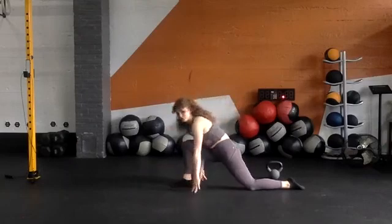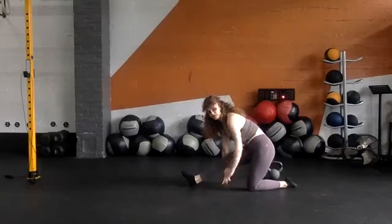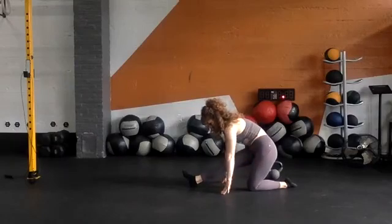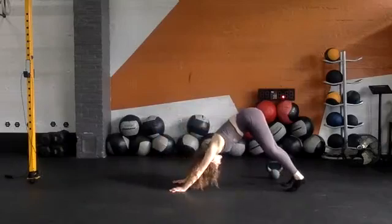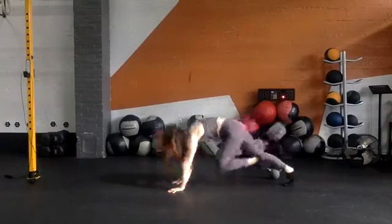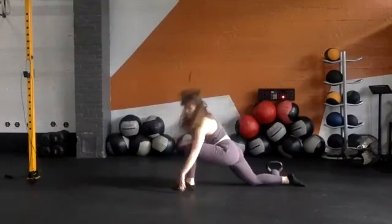Bring your hands down to frame your foot, walk it back, little hamstring stretch here. Your knee can have a soft bend in it, that's totally fine. Just feeling that stretch in the back of the leg. Let's rock it on forward, plant the palms, step back into that downward dog, pause for a moment. Let's just switch sides,